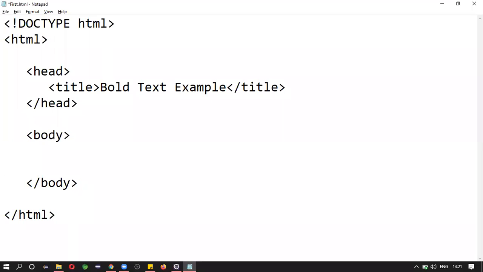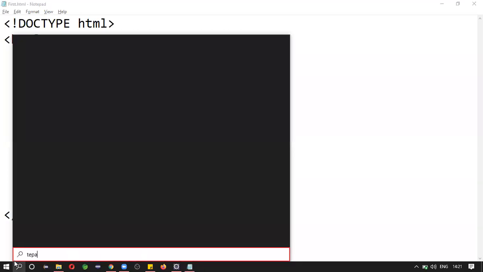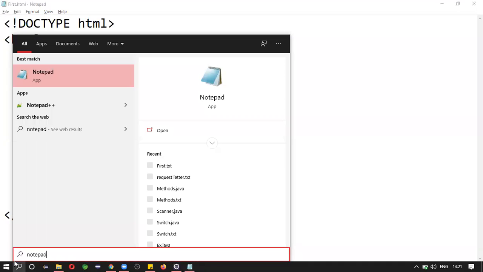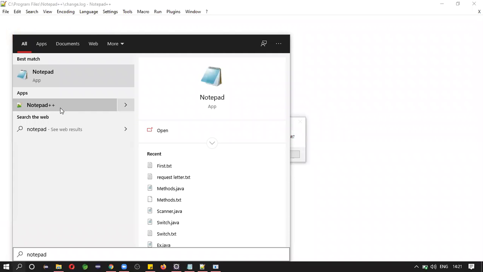In order to create a form, there is a tag called form tag. Okay, form, and you will see the corresponding closing tag. If you are facing any problem with this text Notepad, you can also use Notepad++. Notepad++ is somehow better than Notepad.